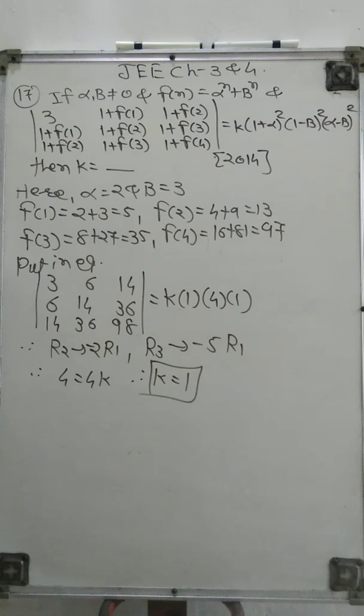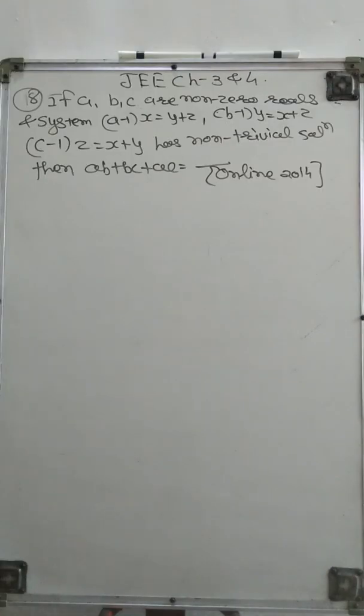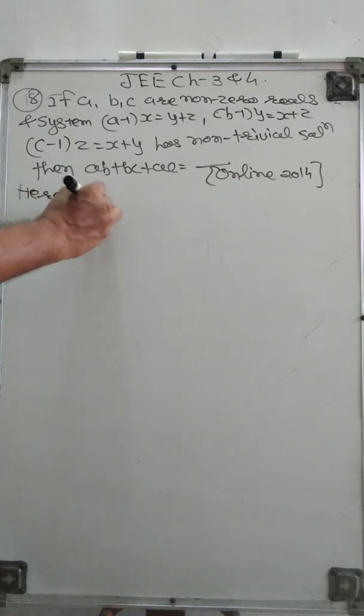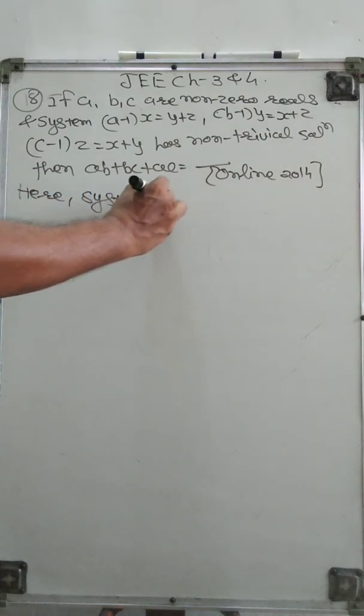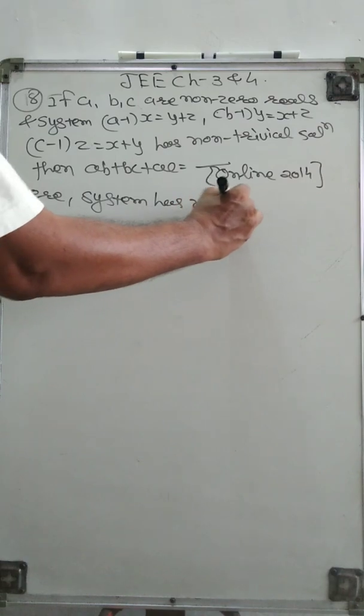Okay, now we go for the next one. 18th sum. If a, b, c are non-zero real numbers and the system a minus 1 x is equal to y plus z, b minus 1 y equal to x plus z, and c minus 1 z equal to x plus y has a non-trivial solution, then ab plus bc plus ac equal to dash. This is also asked in 2014. Okay, here the system has a non-trivial